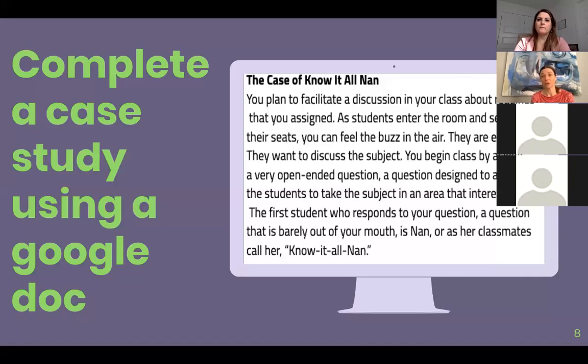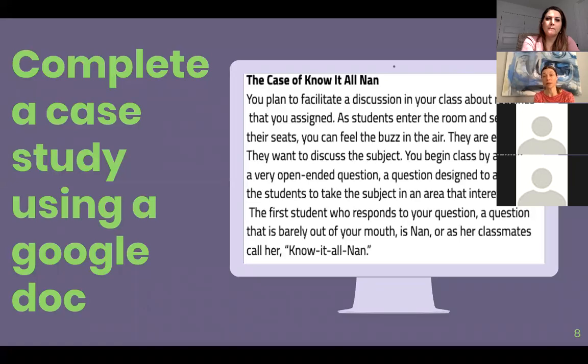So another strategy that I found is really great for creating interaction among students, because my last slide was largely about the interaction with the instructor. But in building community, we need to build some interaction among the students as well. And one way that we can do that is by setting up case studies in a Google Doc and then assigning a certain number of students to the Google Doc. Now, depending on the size of your course, you may have students do this within breakout rooms, or you may have them do it simply by connecting the students to the Google Doc online.